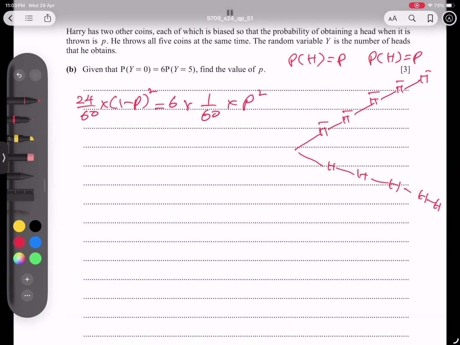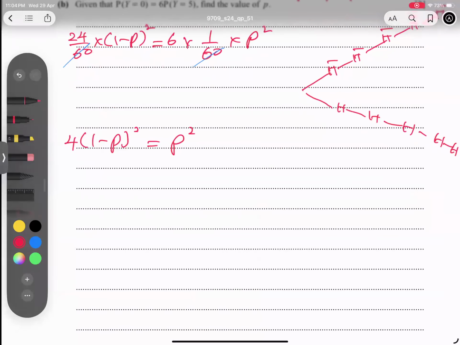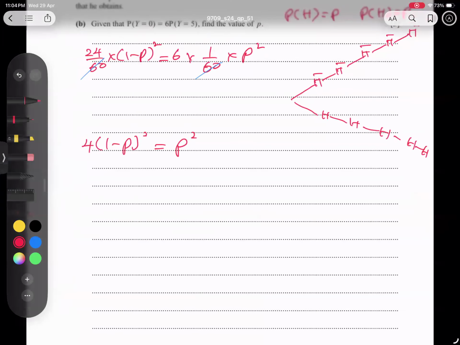Now, students, we have to solve it algebraically and get the answer. First of all, 60, 60 cancel out. This 6 will come down, and 6 4s are 24. And I get this kind of equation. Now, students, what to do? After this, we have to expand it. I have two choices. I can expand or I can directly take the root rather than applying it here. If I apply the root, what will I get? 2 times (1 minus p) equals positive and negative